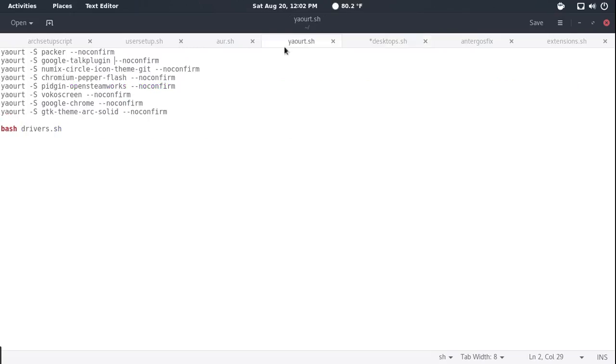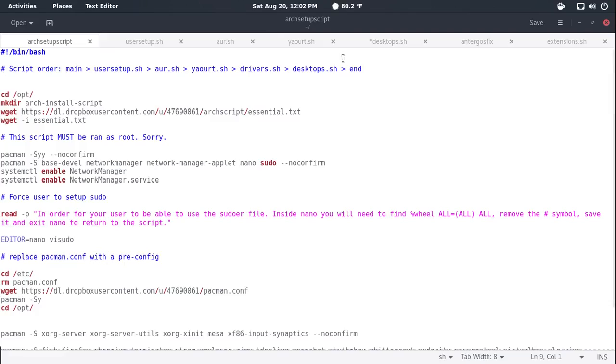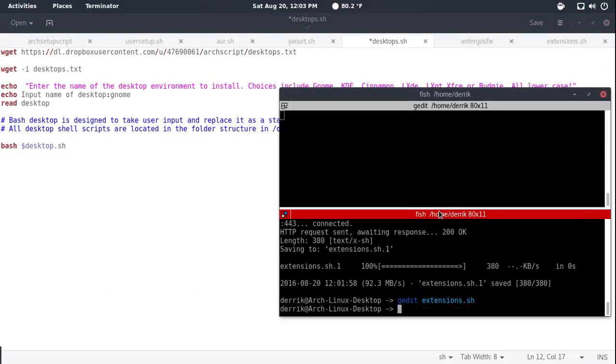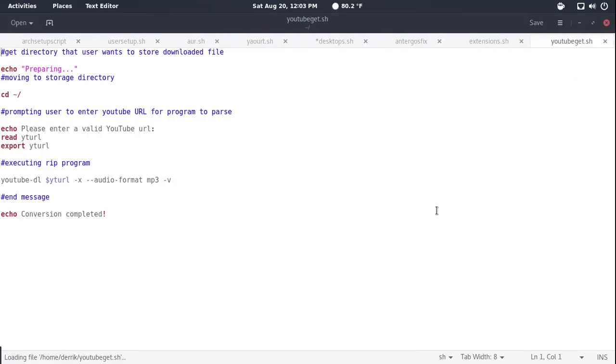So I write bash scripts just to make my life easier, and there's one more that isn't really that impressive, but it's one that I use all the time, and I run this on my server. I just copied it over just so you guys could see it. Basically, if I'm out and about and I follow some people on YouTube who maybe upload a long video but they don't have a podcast feed, what I can do is just open up SSH on my phone, run this on my server,